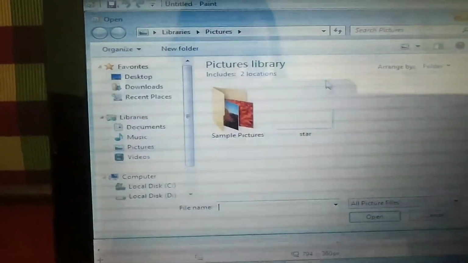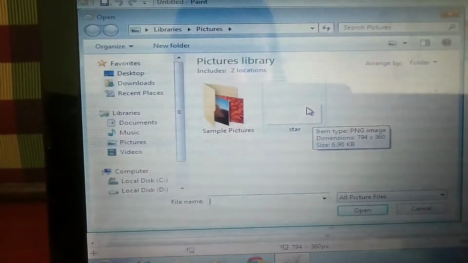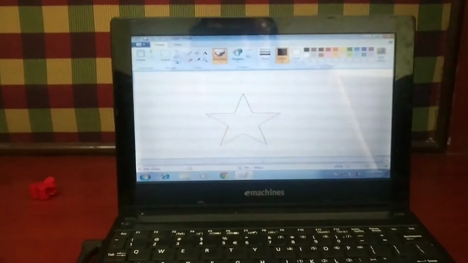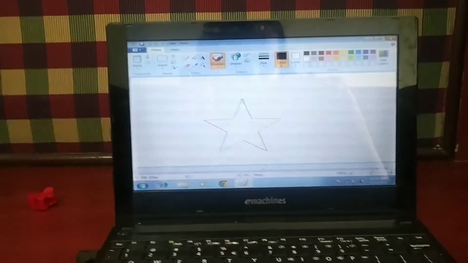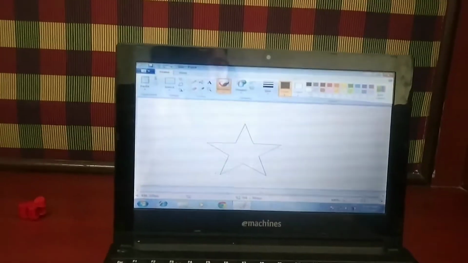I saved that painting by the name of star. So here it is. Now I will just click on it and then I will click on Open. Oh, here is my star. So I got my picture back, right? So like this, you can open whatever you have saved in Paint. Okay?